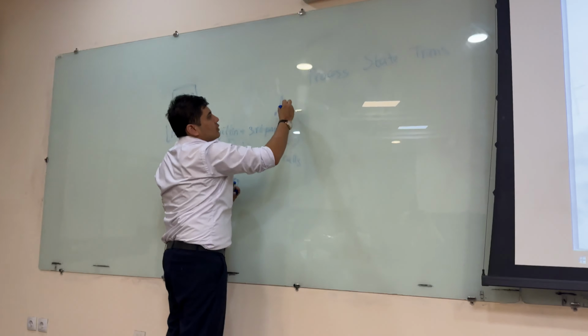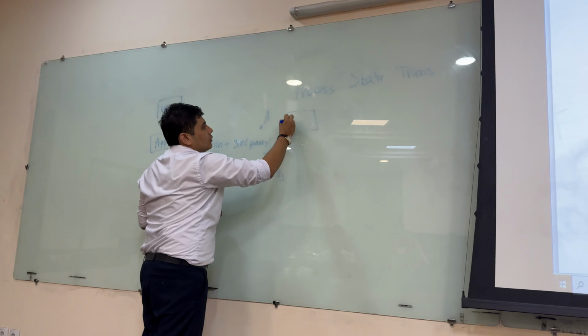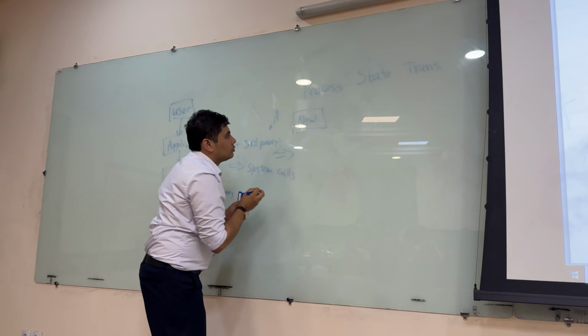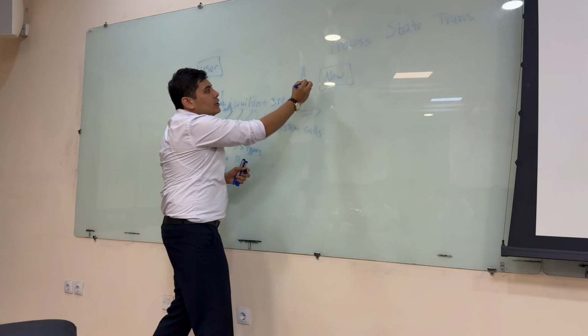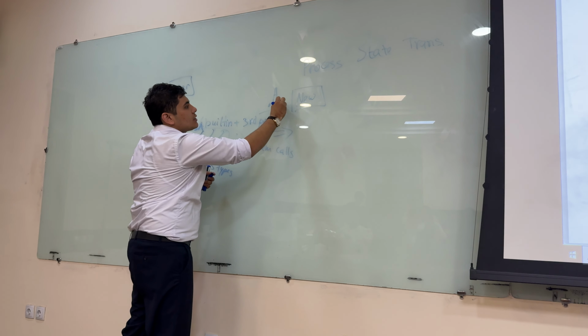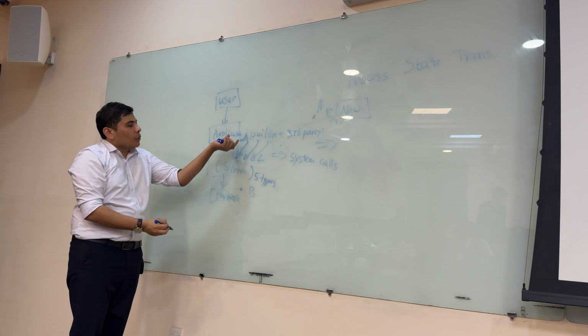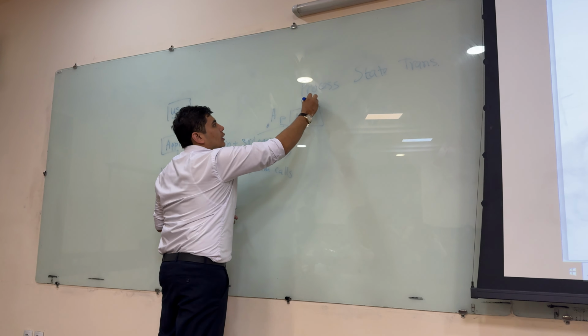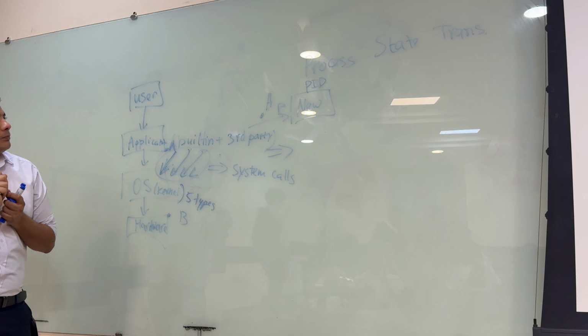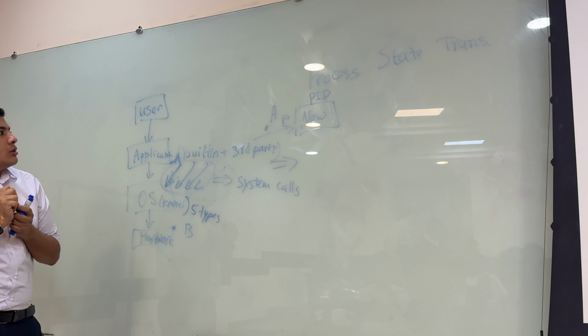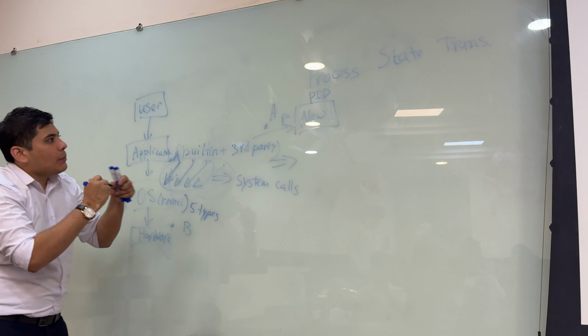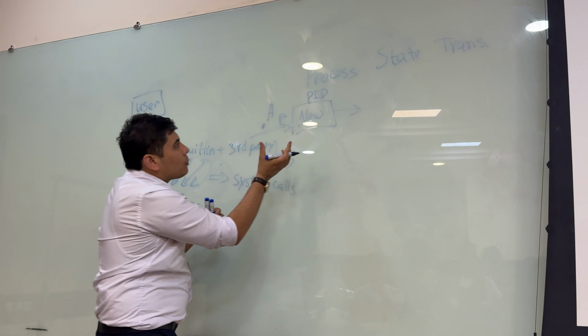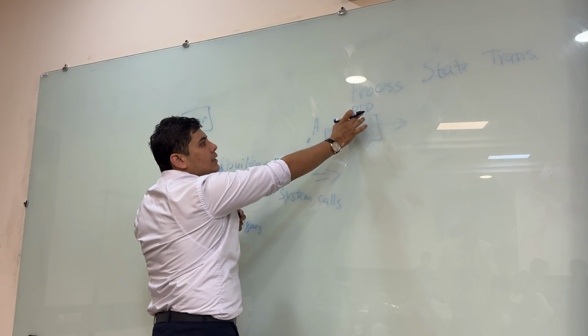From point A, right? So basically we have here new, right? So in the new mode, what's going to happen? Every single process that's coming from the application layer will be assigned a unique ID, a PID, right? And then once your process has a unique ID, the next stage